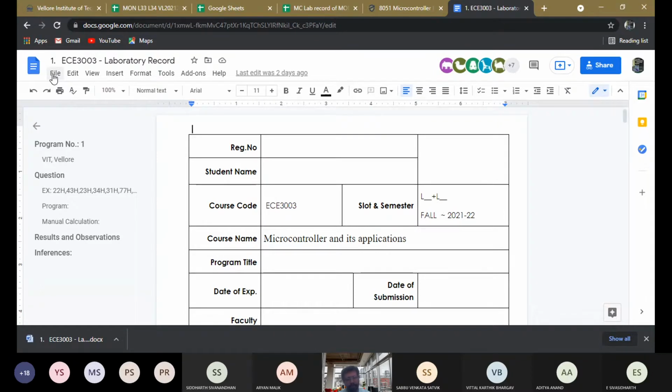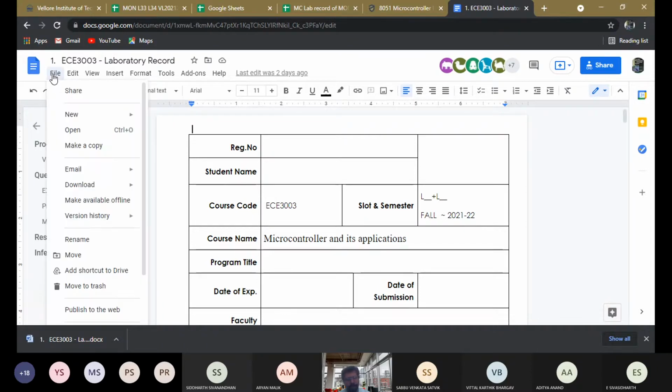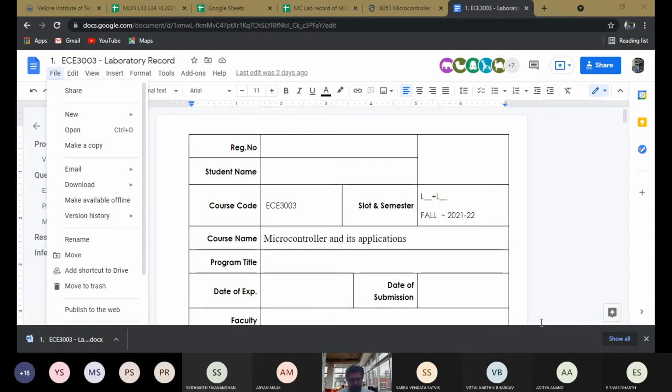So everybody create a Google file similar to me from your Axis, okay, and so everybody create a Google Doc file as per the template that has been given to you.